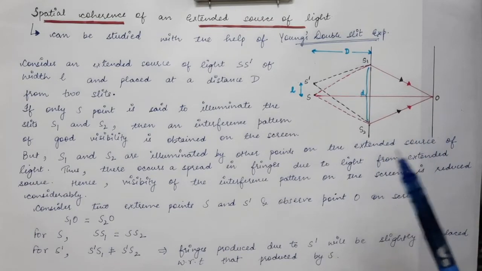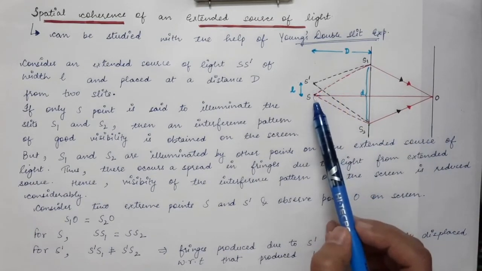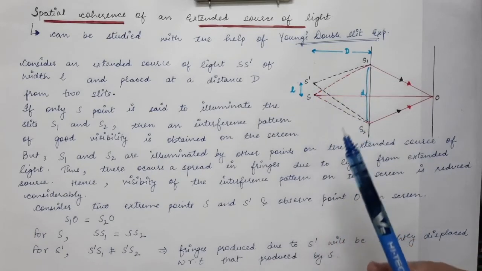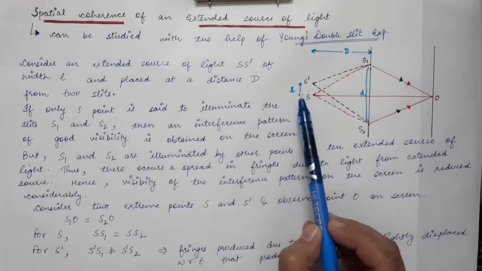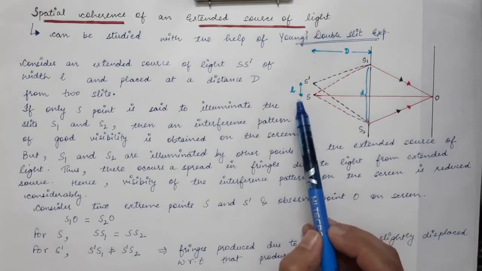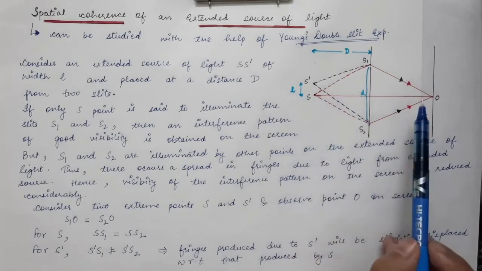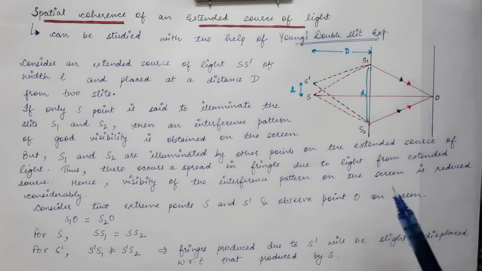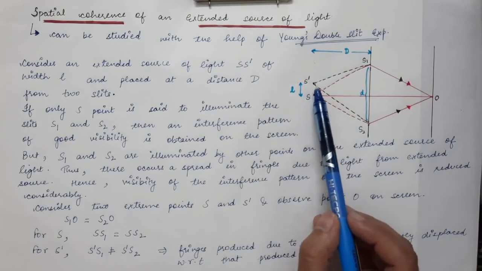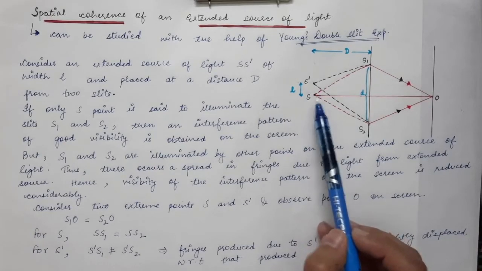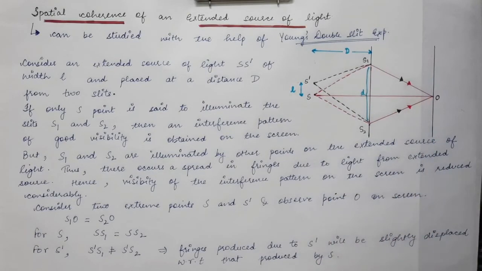It will start improving when you decrease the length. In that case, we will start having a good phase correlation. So this is the limit of the length up to which we will have a good visibility of the interference pattern. But when you achieve exactly this much length, then no interference pattern will be observed.